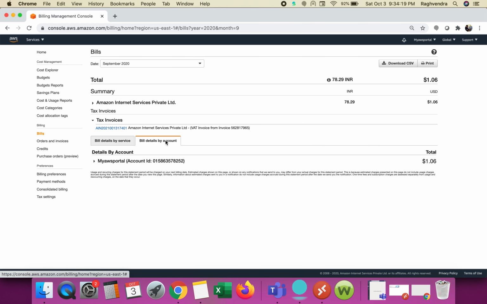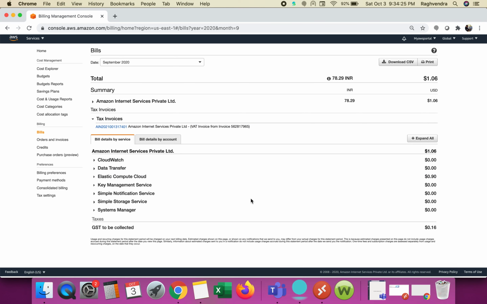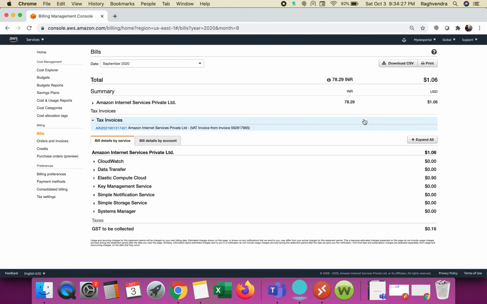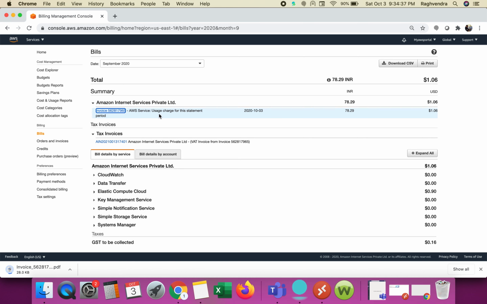Yes, it is not paid now. So I will make payment for this usage. So let's see how to make payment. Here you can download the invoice.